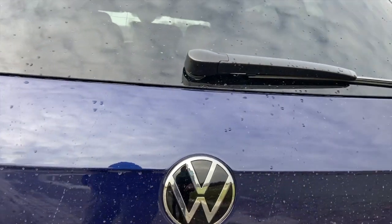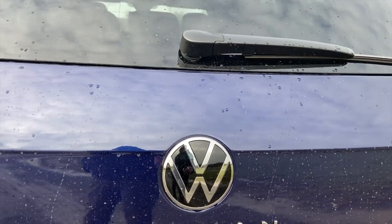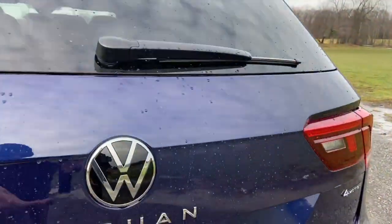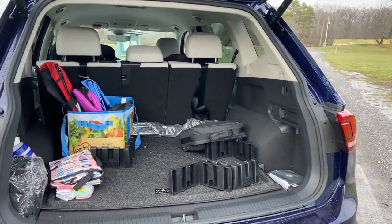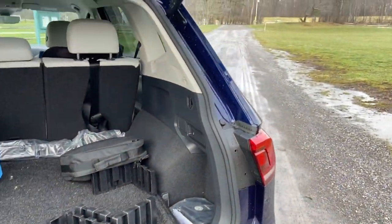Volkswagen put their new logo, which looks much like their old logo. It's just a tiny bit thinner all the way around. They added a power liftgate to the SE, which is great. This one happens to have the cargo system, which is very useful. Sorry for the mess in there. And then